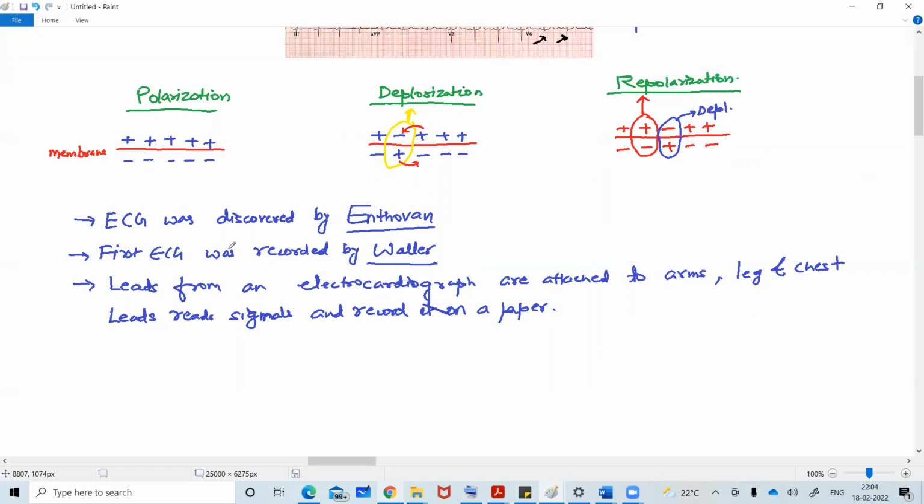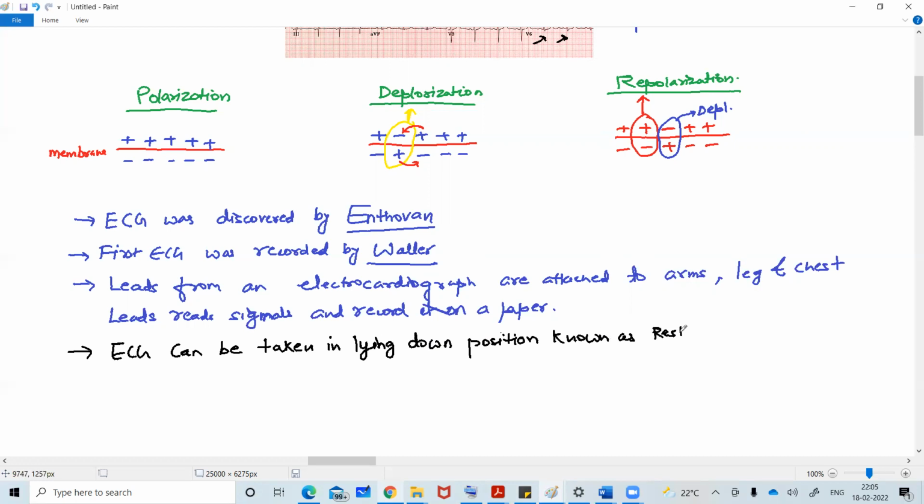Next is ECG can be taken in lying down position because the body should be in complete rest. Then only you can easily find out the signals, and also you can find out the proper functioning of the heart when the body is not doing any physical activity. So you can say that ECG can be taken in lying down position, known as